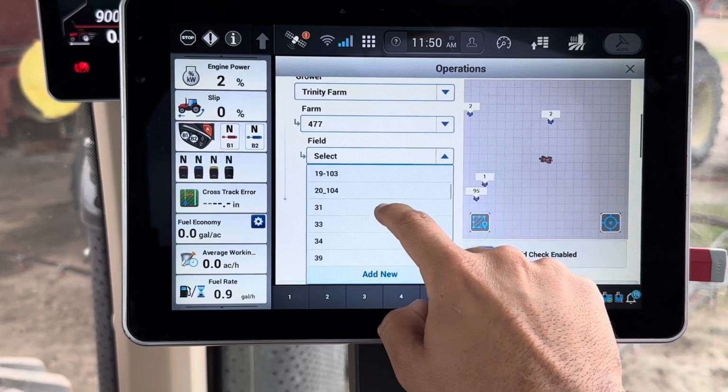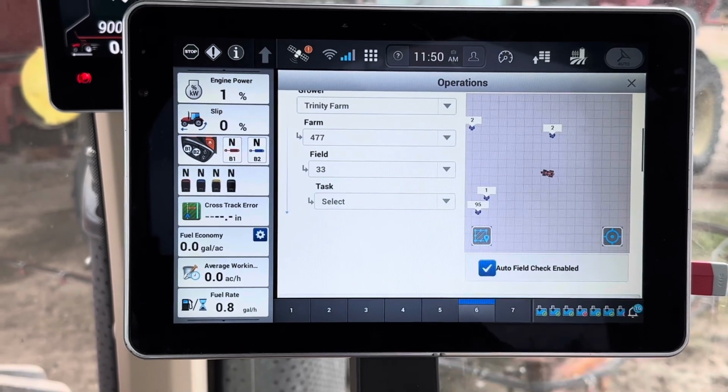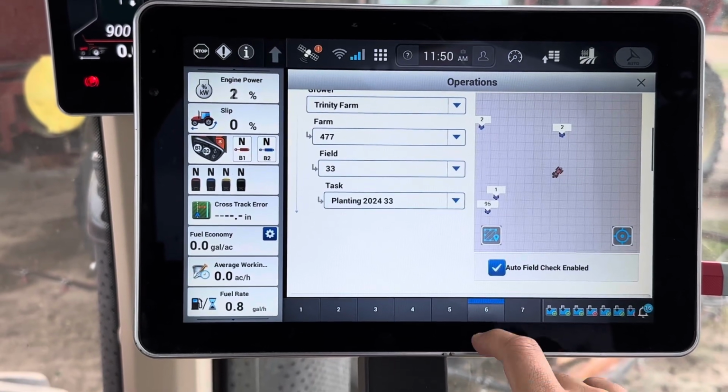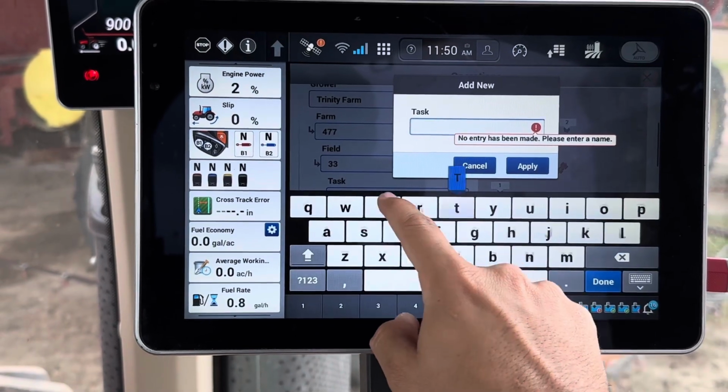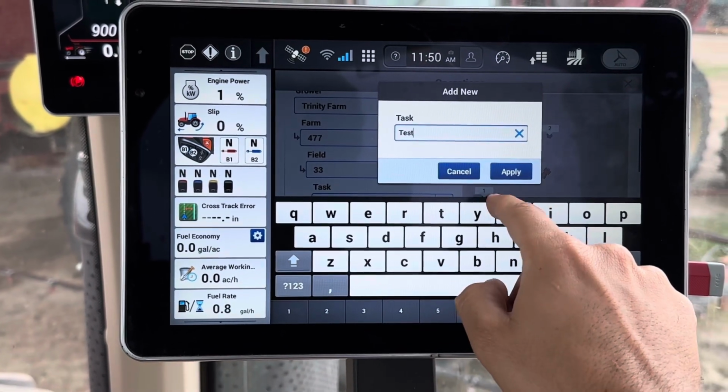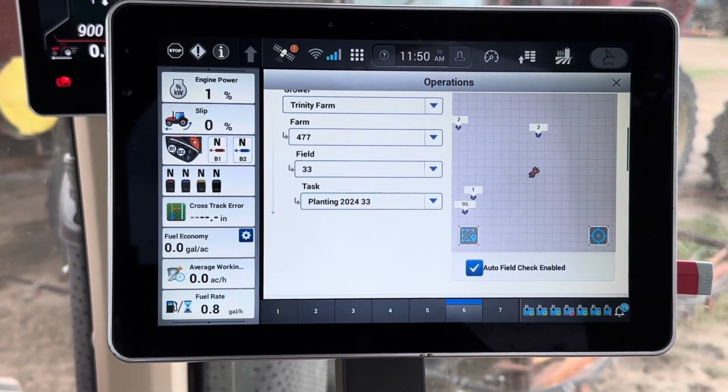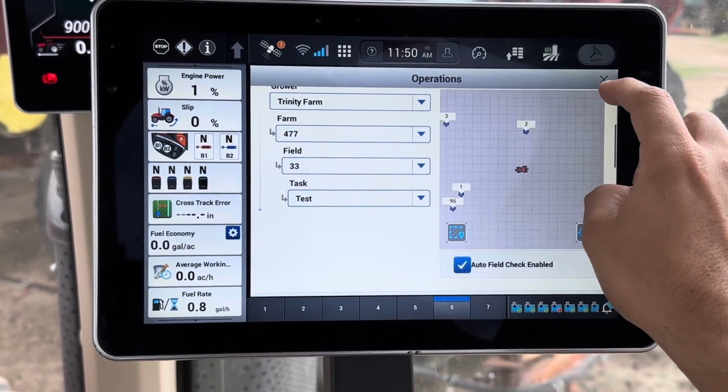Once you've selected your field, you have the option to either pick an existing task or create a new task. If you are creating a new one, go ahead and type your new task name. Now, head back to the map